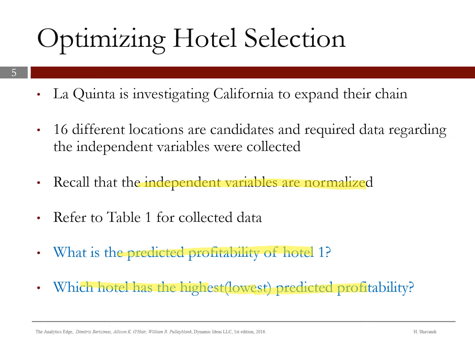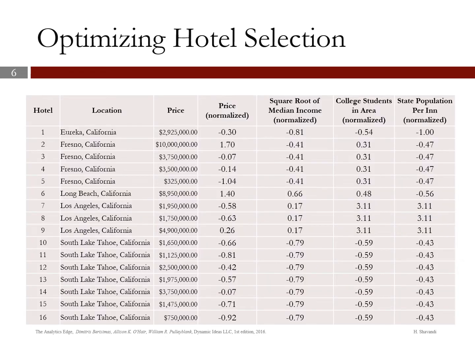So let's see. Okay, here is table 1. As you see here, for each location, we have the actual price. Let me highlight here. Yeah, we have the actual price, and then it's converted to be normal with mean 0 and standard deviation of 1. So we have the price as normalized, and other columns or variables here are also normalized. Okay, so now for each location, we can apply the linear regression model that we have in order to obtain